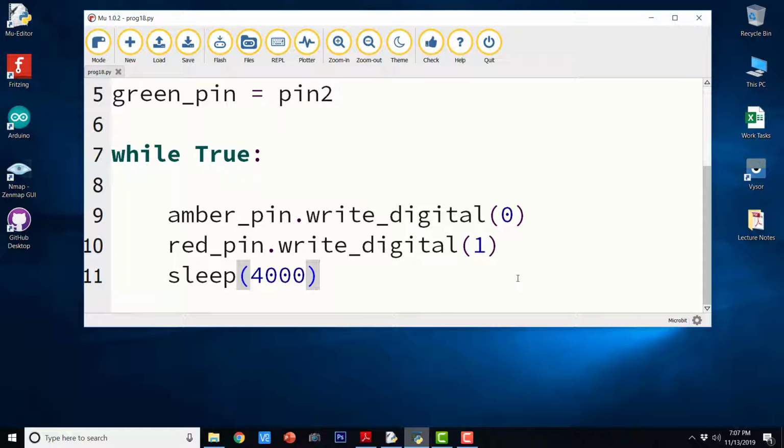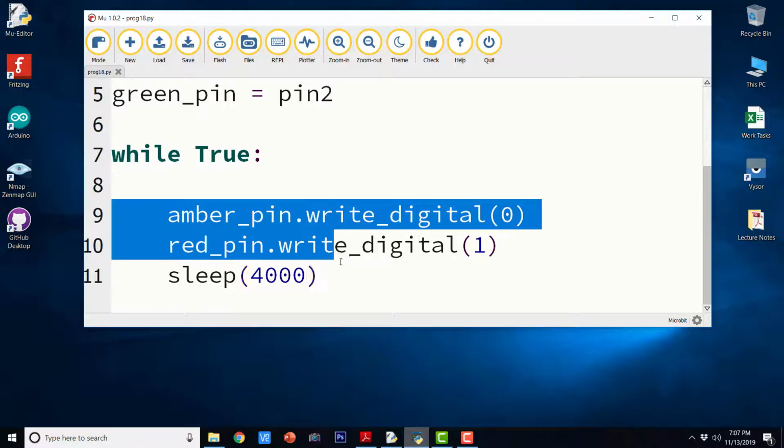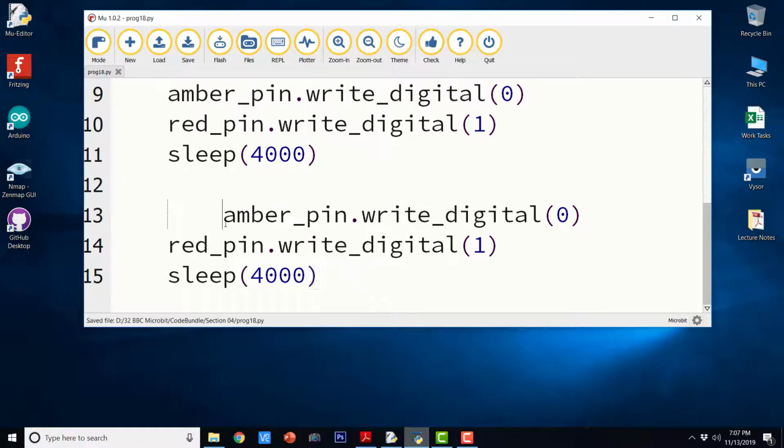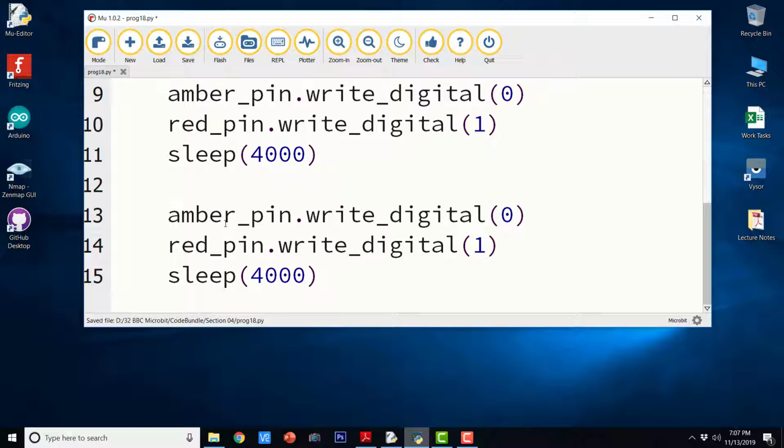So now let us write the code for the second step. Just copy this as it is. This is the second step. In this, red pin will be turned off and amber LED will be turned on.